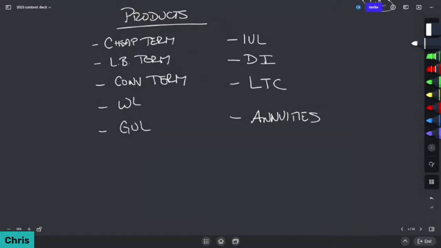When you think about it as a fixed product life insurance agent, these are the products that you have available. It's 1, 2, 3, 4, 5, 6, 7, 8, 9. There may be a couple others, but these are the ones that are ultimately going to be the tool belt that you have to use most effectively. So when we look at it like this and ask, all right, cheap term, what is that going to solve? Well, people that don't really have a desire to convert in the future.